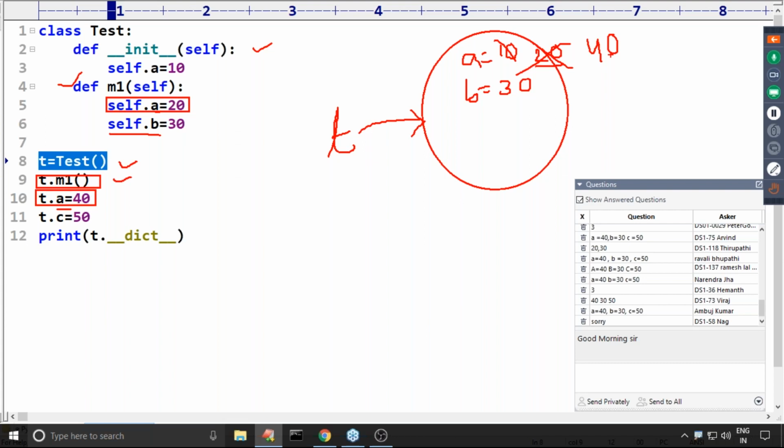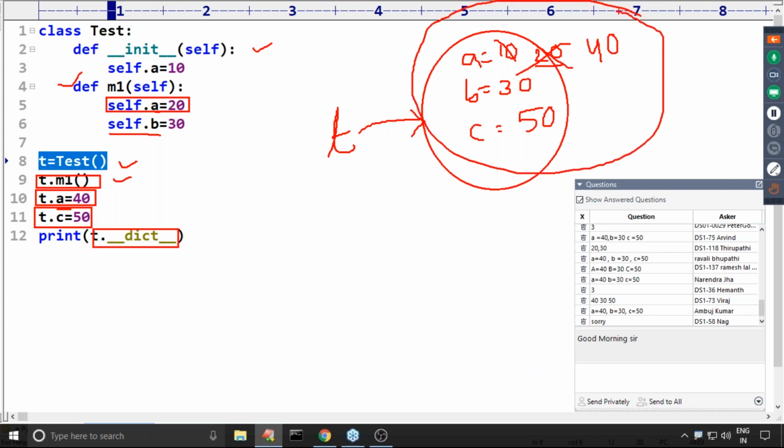If it is not already there, then a new variable will be created. Remember carefully. Next, t.c = 50. Variable c is not there, that's why a new instance variable will be created. Now, how many variables are there? Three variables: a value 40, b value 30, c value 50. Any doubt or any explanation required?